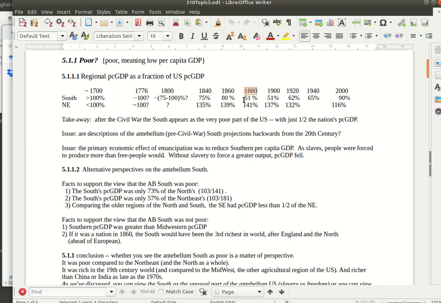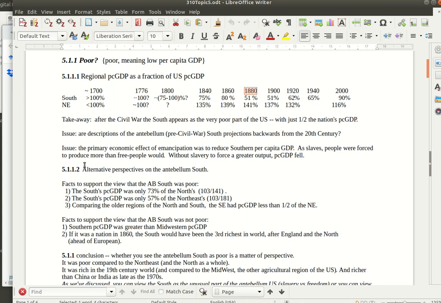The point, of course, is that it had never been that poor before, and we wonder, and I guess this is my own view, I wonder whether the 20th century South and how poor it was in the context of the 20th century, whether that, I was going to say infects, but informs the thought that the slave South would have been a poor economy. Roughly, maybe the reasoning is the following. Man, if the South was so poor in the 1920s, 30s, 40s, can you imagine how poor it must have been under slavery? Because we know slavery is awful. Well, yeah,